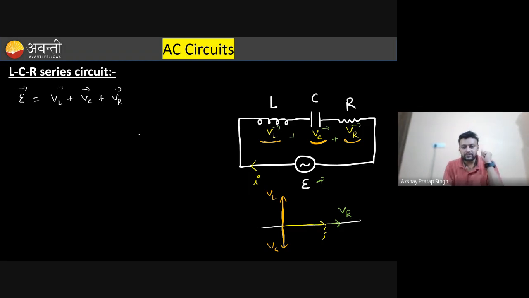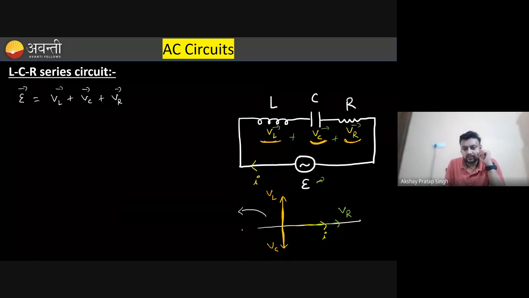And if you solve this, the equivalent of three vectors, you can see that VL and VC are opposite in direction. So the resultant of these two will be something like that. If I draw the equivalent diagram,